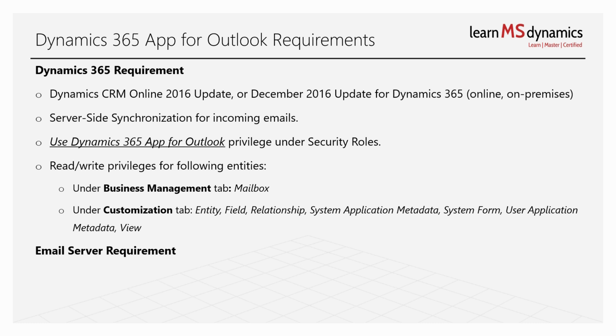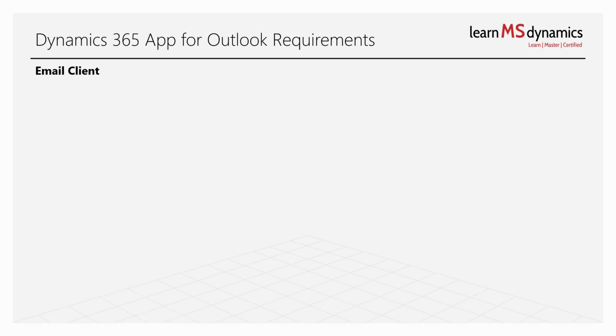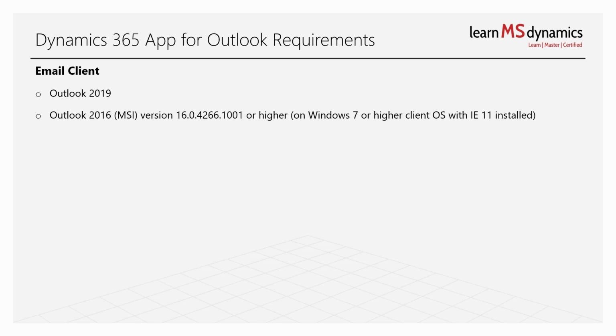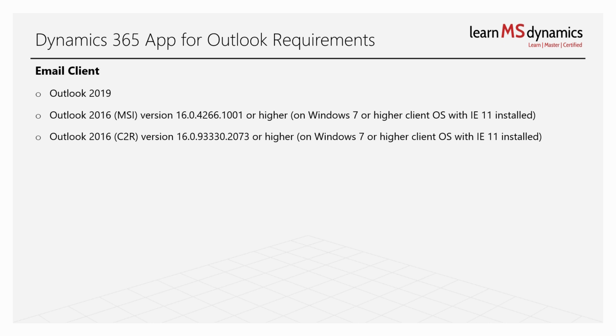Let's talk about email server requirements. You need Exchange Online, Exchange Server 2016, or Exchange Server 2013 CU14 or later. If you want to check the latest updates that Microsoft released, then please follow the link available under resources. Let's talk about the email client. So Outlook 2019 or Outlook 2016 MSI version or higher on Windows 7 or higher operating system with IE 11 installed. It also works with the 2016 Outlook C2R version